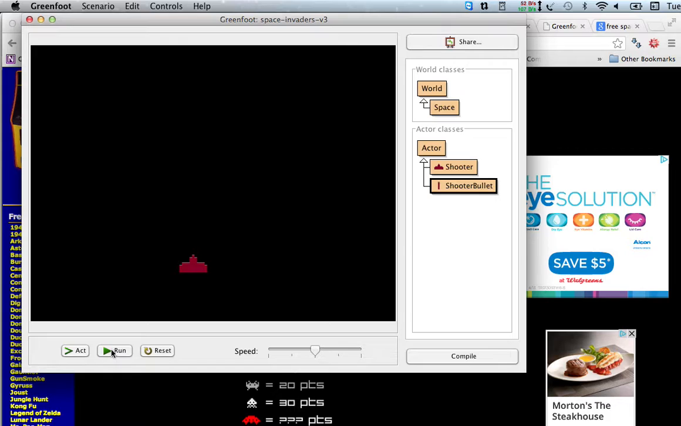All right, so we've got our image that we found off the internet, and our shooter is moving back and forth nicely with our keys, and now we need to get it to shoot bullets. So what we'd like is when we press the space bar that a bullet appears and starts moving